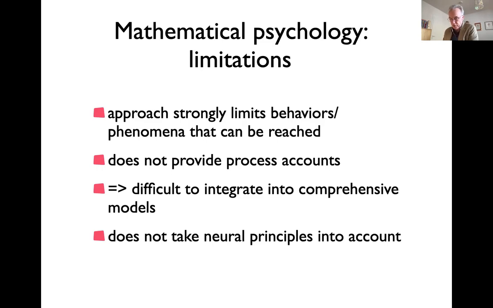All kinds of faculties play a role when you make a simple decision task. And that also reflects that it doesn't really take neural principles into account in the nervous system. You do have these different systems engaged in that task, and you would have to know how they interact. Actually, neuroscientists also often don't really deal with integration across different parts of neural function. But it's also not taking neural principles into account in the sense that the mathematical descriptions aren't really constrained by the properties of neurons or of networks.